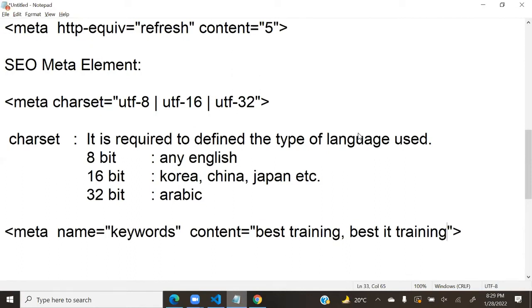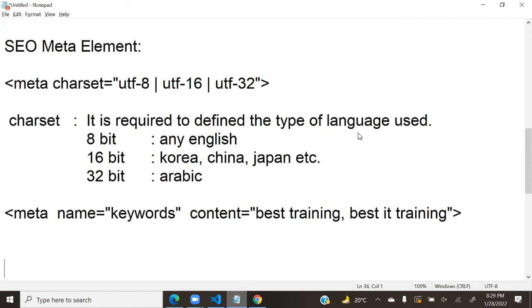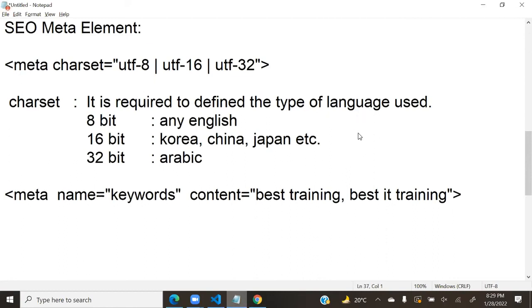Suppose you want to join a full stack web development course on the internet. How will you search? Sometimes you will search full stack course, or full stack web, or full stack. We don't know how you will search, we don't even know the pattern of your searching.